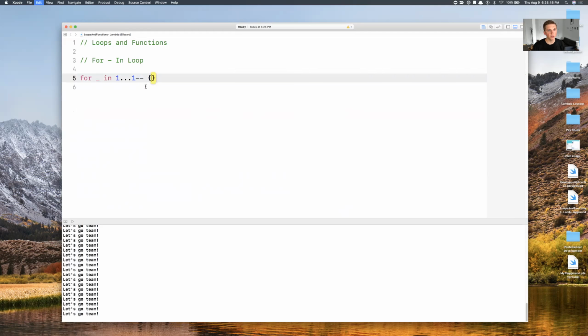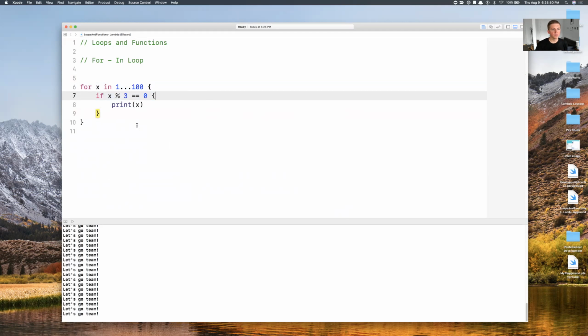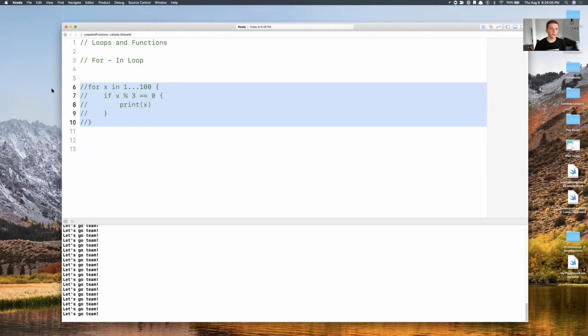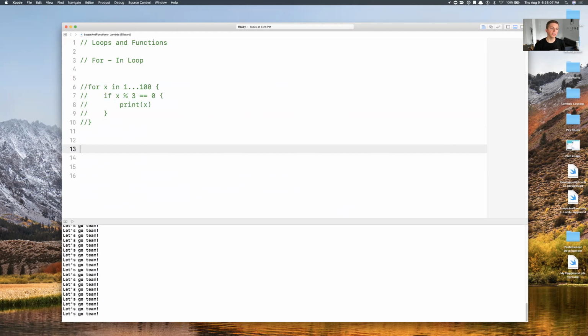And we talked about it with our modulo 3. Let me back up a teeny bit. Okay, we want to print out x, right? So here's where we just were. Now, we've got our normal conditional, which you guys have seen, the if, right? Well, with for loops, you can actually use a where clause, which is kind of nice. It makes the code a little bit cleaner, okay? So I'm going to comment this out here. And let's do this using a where clause, okay? So same thing, for x in 1 to 100,